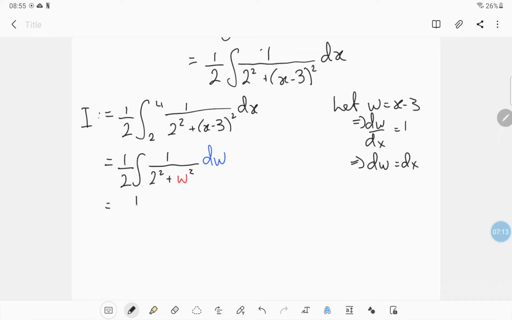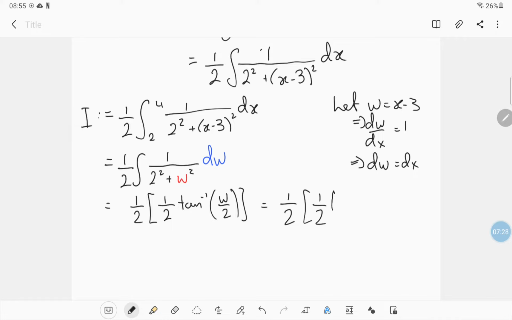So fix the half. 1 over a inverse tan w over a. And now you can put back in the limits, a half, so you can multiply them together and get a quarter if you want. Inverse tan, and w is x minus 3 over 2,